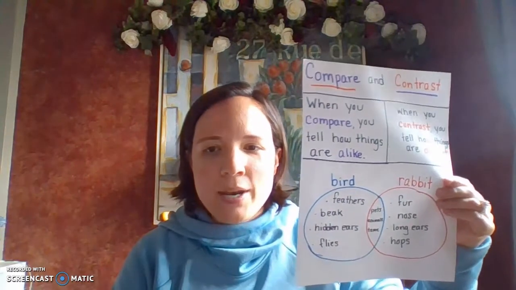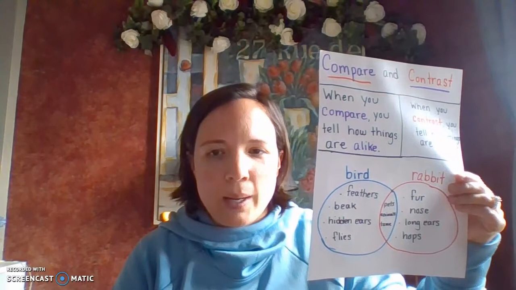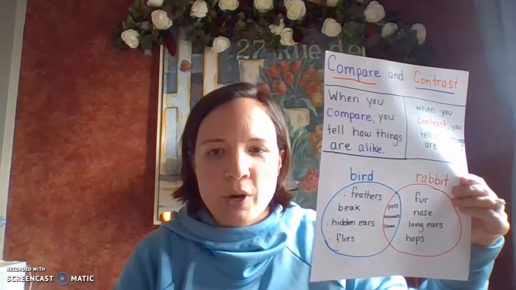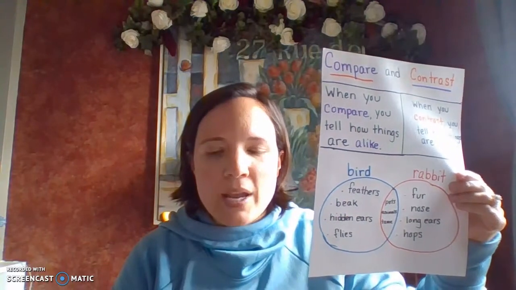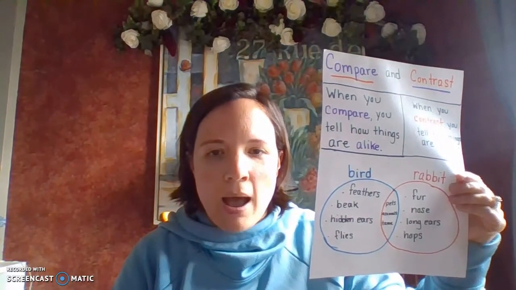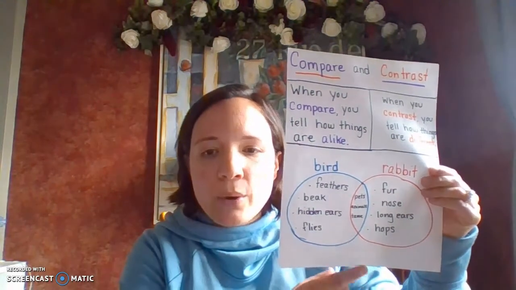So on the bottom is an example of a Venn diagram. We are going to be comparing a bird and a rabbit. Now, birds are in blue and the rabbit is in red. Remember, the middle talks about how they are the same. So in the blue